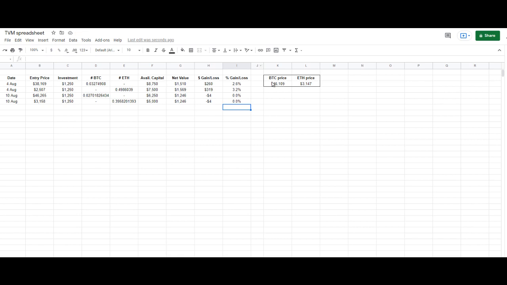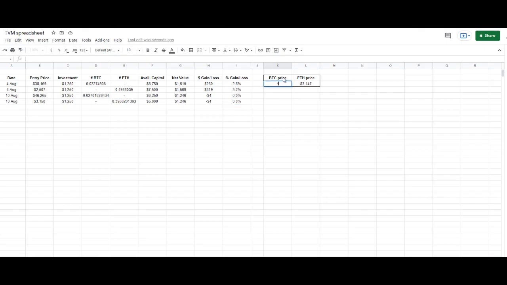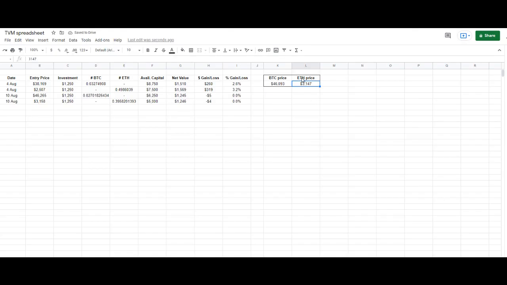So let me just quickly update the price. Bitcoin 46,093 and Ether 31.45. Okay, so I've now allocated